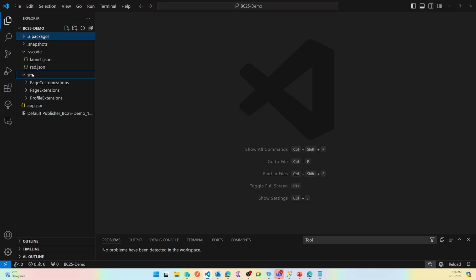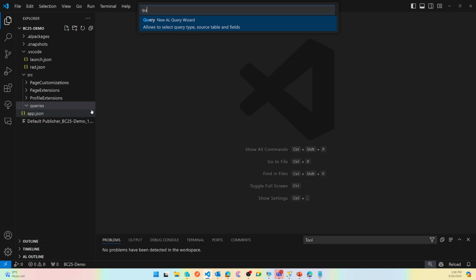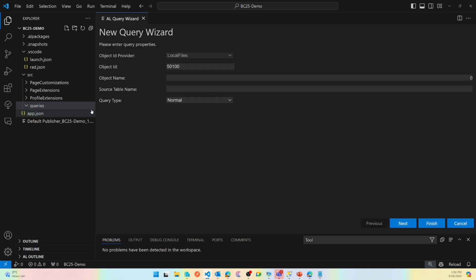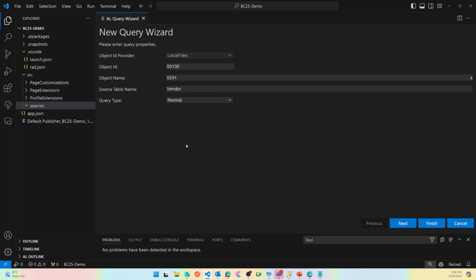So let's add a new folder here and I'll call it queries, and let's add a new query. Okay, I'll try to keep it simple if I can, and let me call it SDH. On which table should we build it? Let's build it on vendor. Then I want to see the vendor remaining amount based on document type. Yeah, let's think about it. Okay, so SDH vendor query,